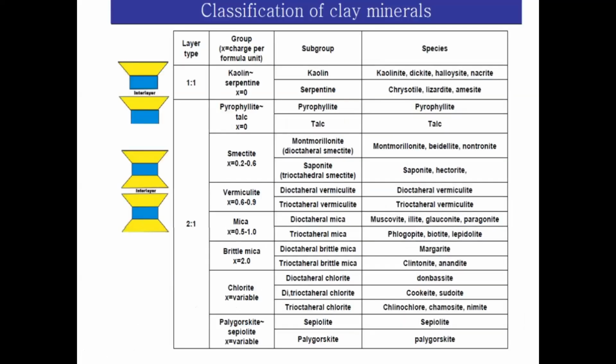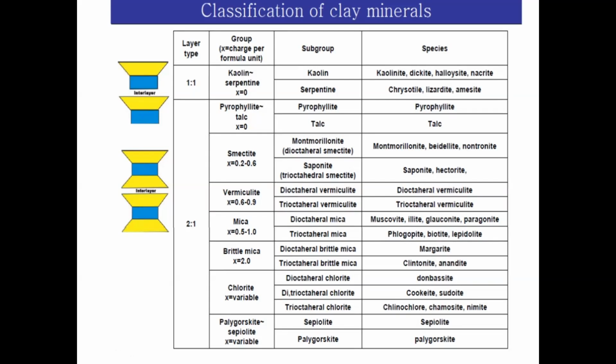So this is again, nobody is expected to remember these names. Okay, just to have a feel that you see there are different types of 1:1 or 2:1 clay structures. 1:1 the number is less. 2:1 there are many. For example, if you look at the third from the top, is talc powder, which is